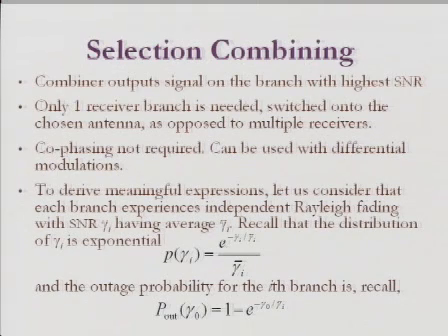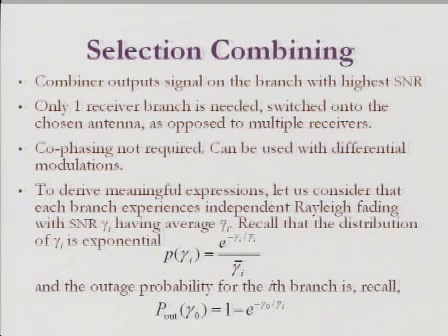Now, let's see if we can quantify the improvements. To make things simpler, let's consider that each antenna, each branch, experiences independent Rayleigh fading, independent of the other ones, with an SNR gamma i, whose average is gamma i bar. Now recall that if the fading is Rayleigh, the distribution of gamma i is exponential, where gamma i bar is the average. And the outage probability for a certain threshold gamma 0, we saw this a couple of weeks ago,